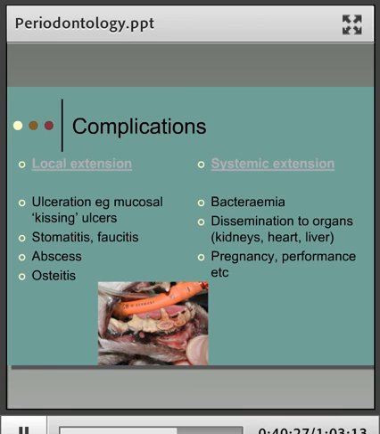Systemic extension can occur as well, and particularly here what people worry about is, with all that inflamed tissue, the very, very good blood supply that's there in the mouth anyway, added to which we now have the inflammation and the billions of bacteria, it's very easy for bacteria to enter the bloodstream. So bacteria and their toxins can enter the capillaries in the mouth area and then, of course, head into the general circulation, and they tend to seed out in fine capillary beds, particularly where we've already got compromised